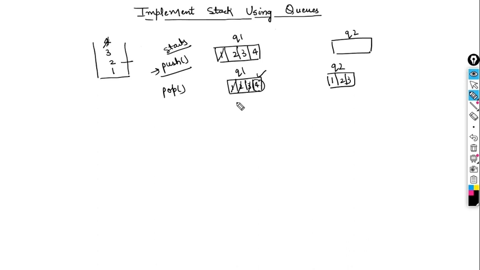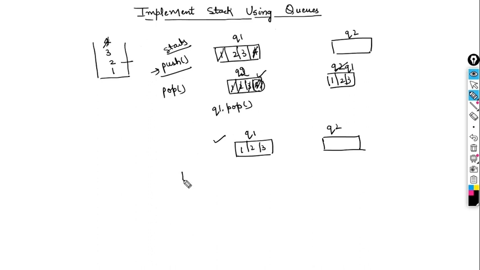Now what we can do, you can simply do q1 dot pop, like this element will be removed, and then you can change the names of the queue, like make it q2 and make it q1 again. Okay, so if we see the status of q1 and q2, q1 will be 1, 2 and 3, and q2 will be empty, right? And this is what we wanted. We want to remove this element, and this element has been removed in this case, right?